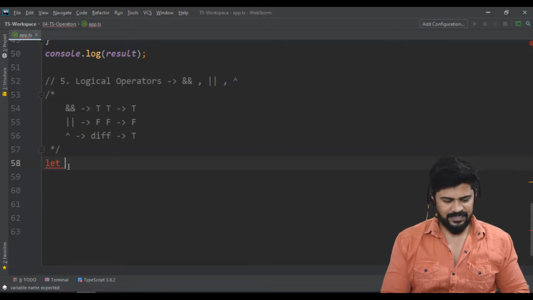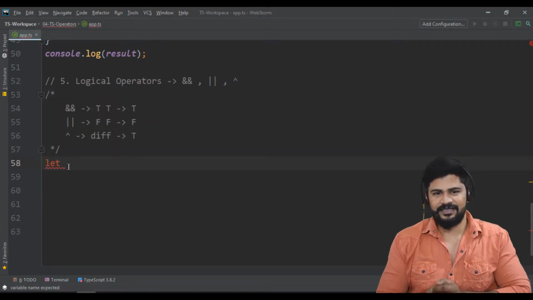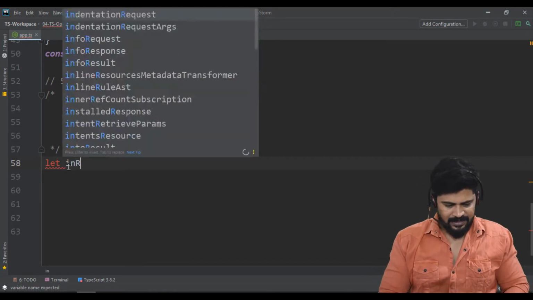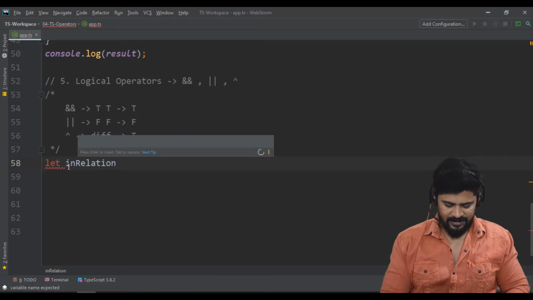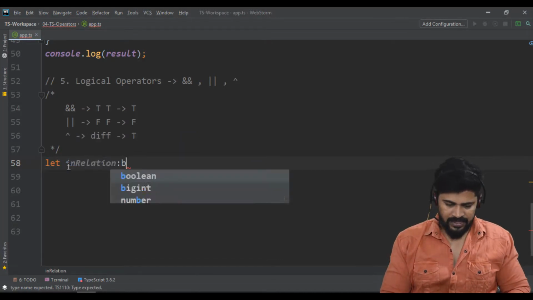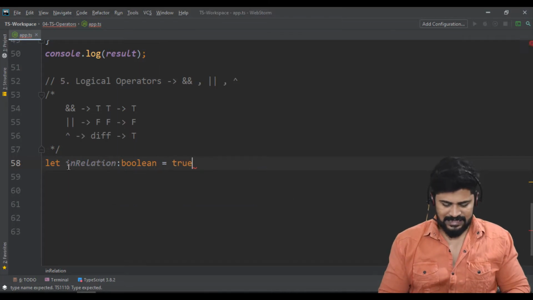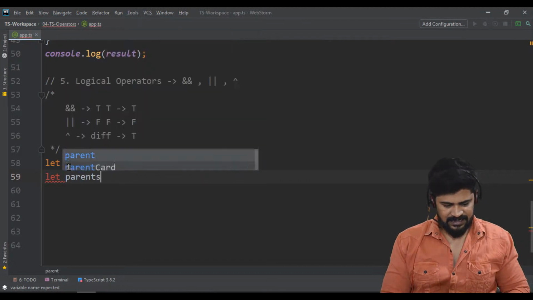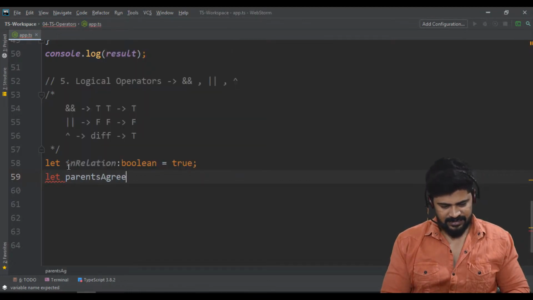Let's take the same example which I have discussed in the JavaScript tutorial. Let in relation of type boolean is equal to true. It says that you are in relation, and let parents agreed of type boolean is equal to false.